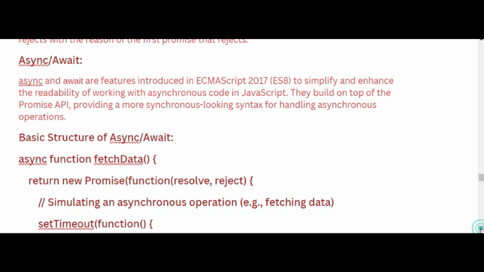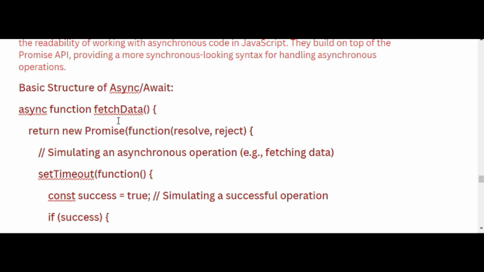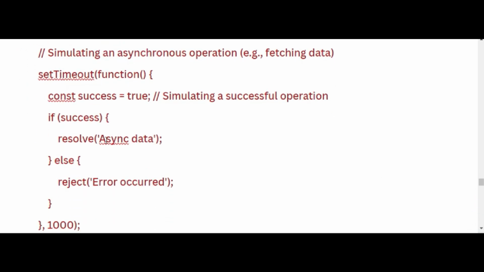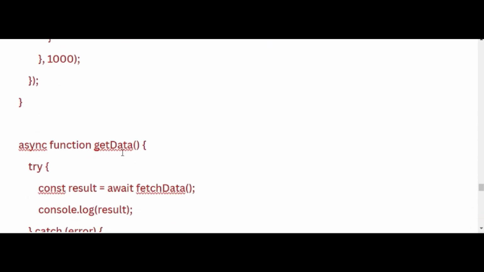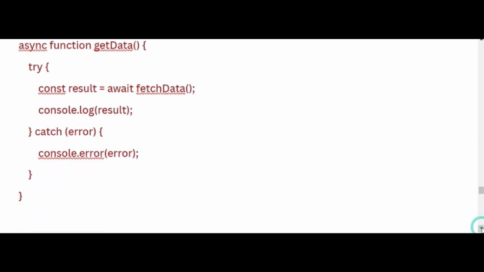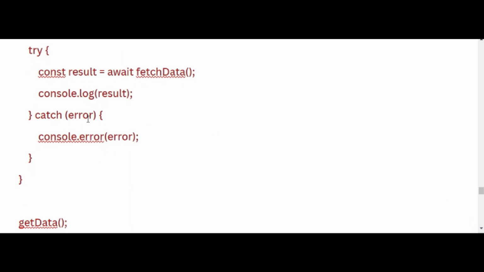Basic structure of async await. Async function fetchData returns a new Promise with resolve and reject. Simulating an asynchronous operation, for example fetching data: setTimeout function, const success equals true, simulating a successful operation. If success, resolve 'asynchronous data', else reject 'error occurred', 1000. Then async function getData: try { const result = await fetchData(); console.log(result); } catch (error) { console.error(error); }